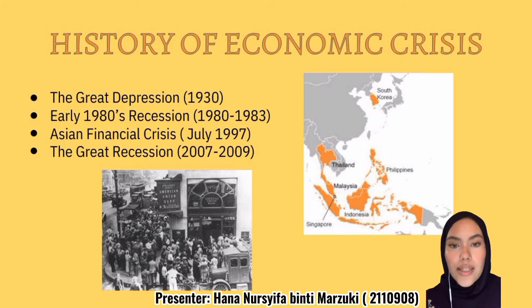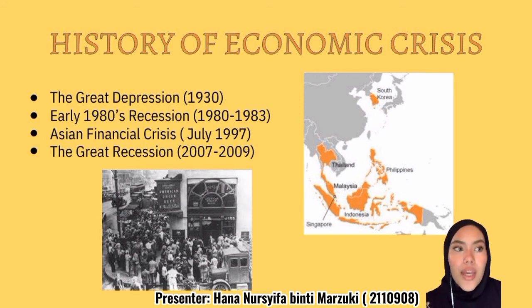The Asian financial crisis of 1997 started in Thailand and spread all over Asia, to countries like South Korea, Malaysia, Singapore, Indonesia, and the Philippines. South Korea, Thailand, and Indonesia suffered most from this crisis, to the point where the president of Indonesia at that time, Suharto, was forced to step down due to the increasing devaluation of the Indonesian rupiah.